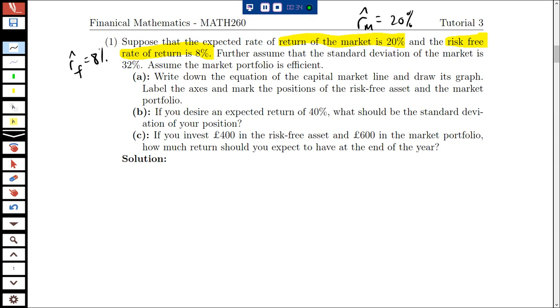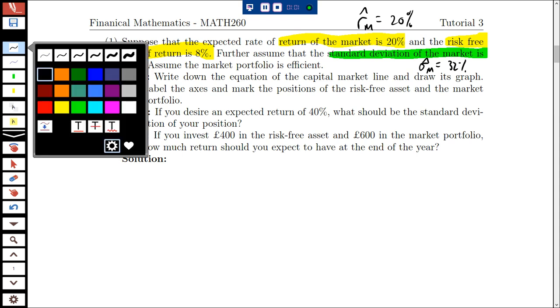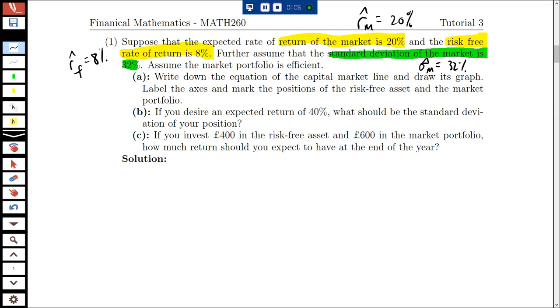Okay, I put a hat on it, but really it's just a constant. It's not a variable. That's just my habit. Further, assume that the standard deviation of the market is 32%. So the standard deviation on the market portfolio is 32%. Assume the market portfolio is efficient. So part A, write down the equation of the capital market line and draw its graph,